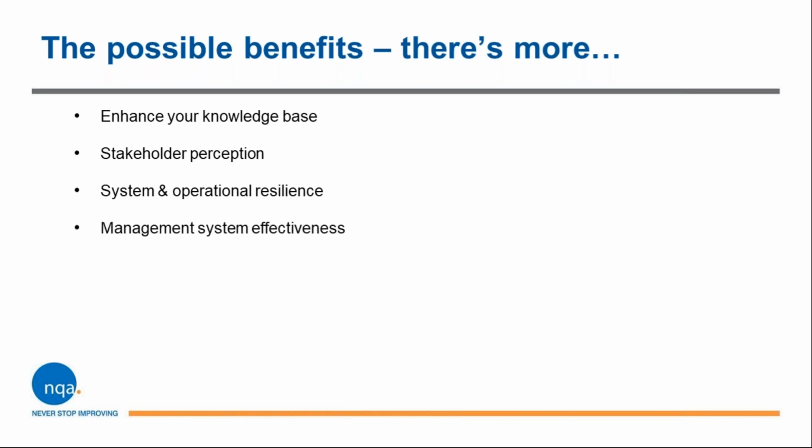Obviously, management system effectiveness, which is something that we look at as part of our audits, how effective the system is as part and parcel of your business operation. Naturally, preventing negative effects, which is one of the fundamental ideas, as well as achieving intended results. The idea is, if you're being proactive, you'll start to prevent these things. And then lastly, but certainly not least, reliability of your products and services. The idea is if you're getting rid of the uncertainties, chances are you're going to produce or provide something that's certainly more consistent. And obviously, they're not exhaustive. It's really just to give you an idea of the reasons why we do these things, and the risk-based thinking approach that's been employed.